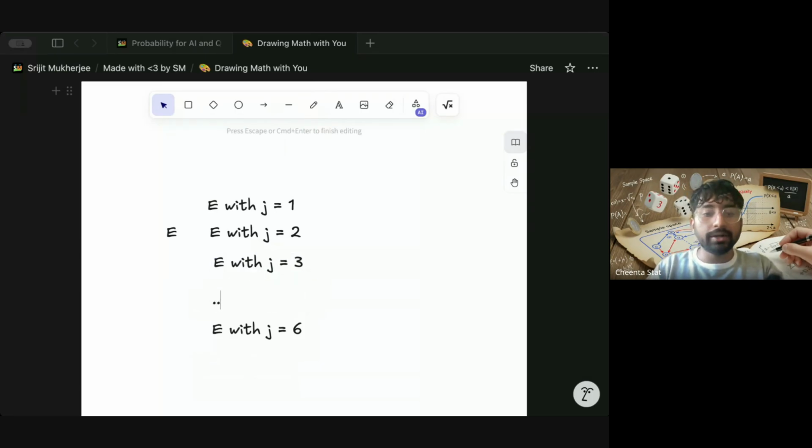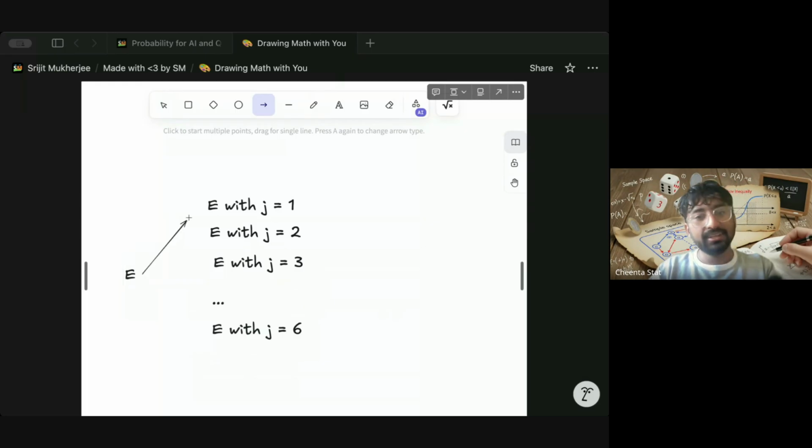It's kind of a disjoint set. E is divided into these disjoint sets. This is what I mean by a tree diagram. So you can clearly understand this is disjoint, and hence you need to sum it up, right, guys? So you can do it like this, and you can find out that E is, if J is equal to 1,